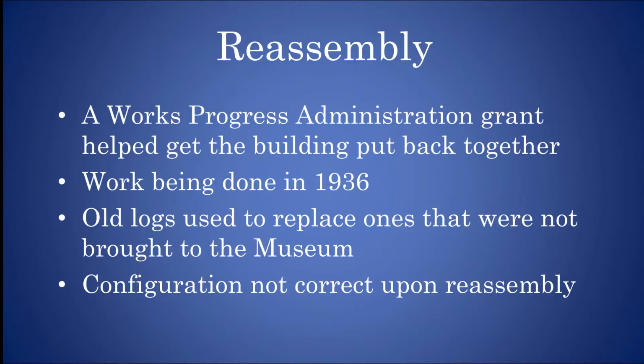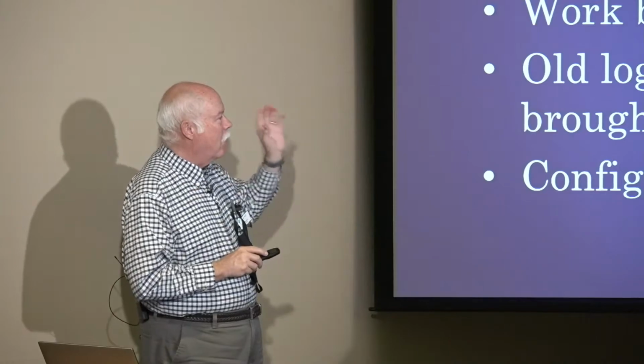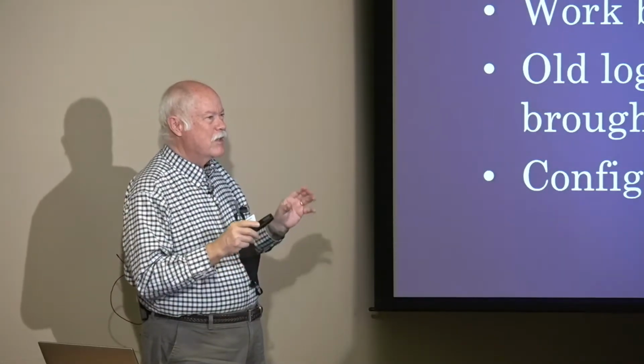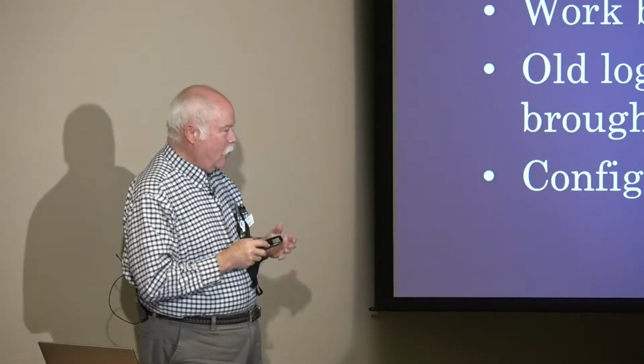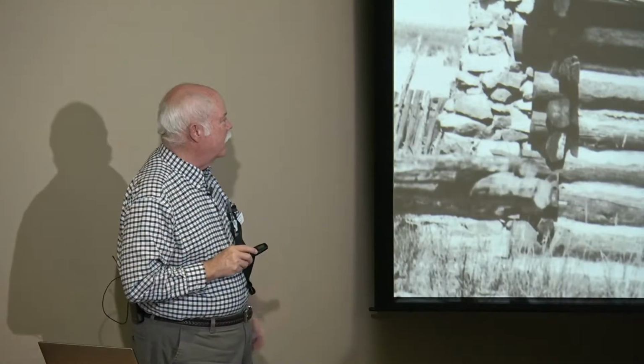So old logs were used to replace ones that were not brought to the museum. So when things get back together, they're not put back together right. And I don't know why, because there are photographs, and the CWA folks also did drawings of the buildings, marked the logs. In fact, if you want to go look at Fort Misery, you can still see some of the faint paint on them. So getting it back together shouldn't have been any big deal, but